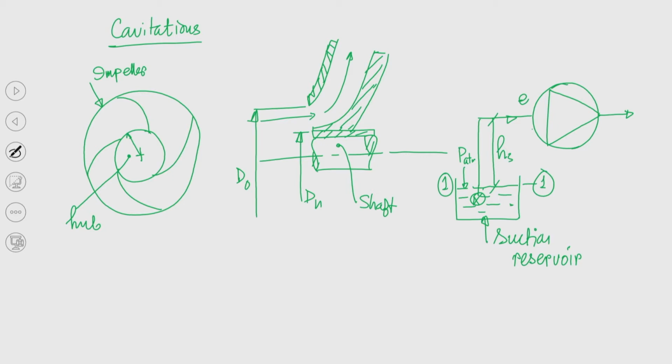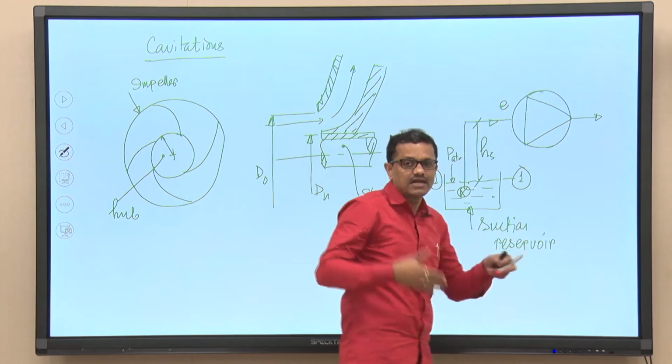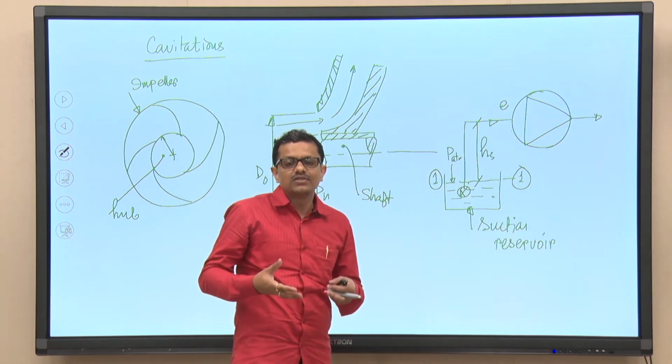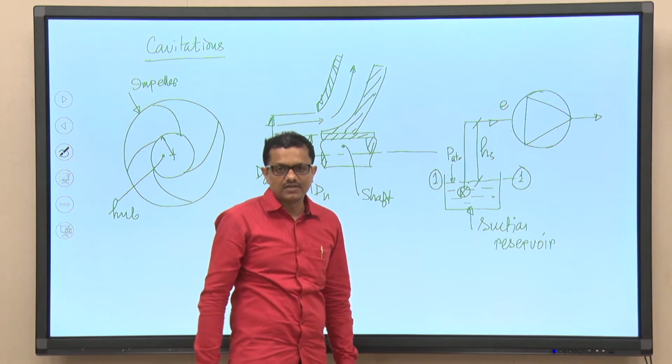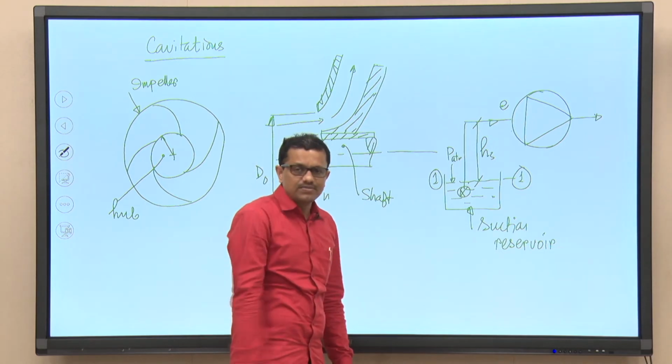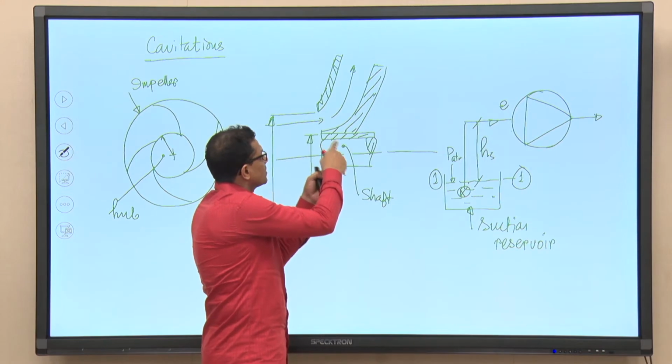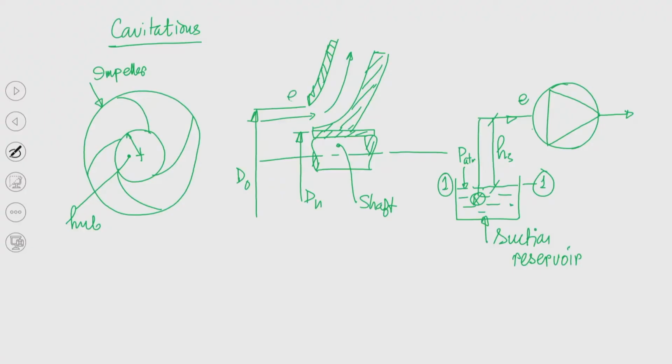So, when fluid is flowing from this suction reservoir through the strainer and suction line, there are frictional losses. Overcoming those frictional losses on top of the static suction height Hs, the total head available at point E may be less than the head available at the prevailing vapor pressure. That is what we have seen. Now, again I am telling today that when there is a change in direction, so this point is E.